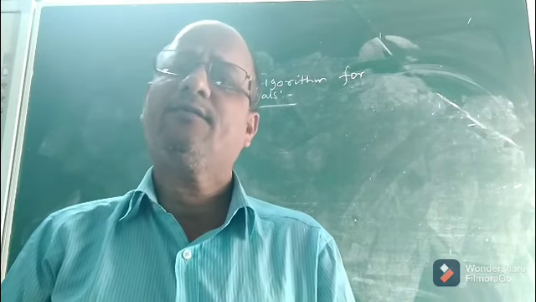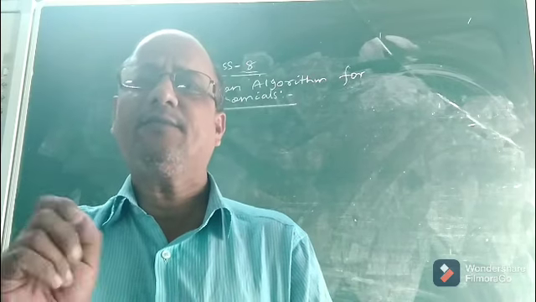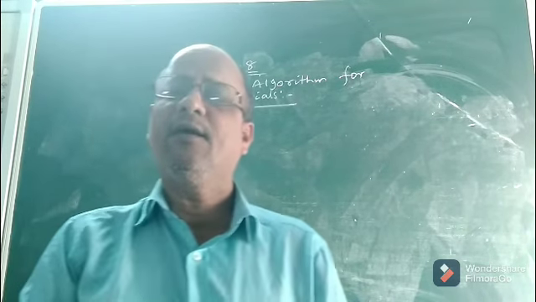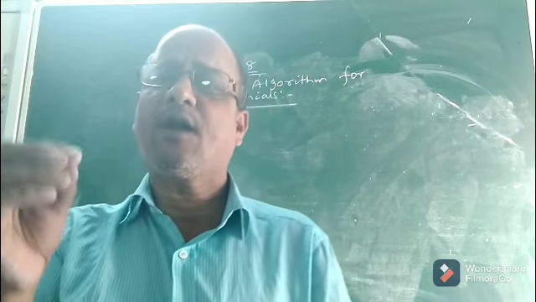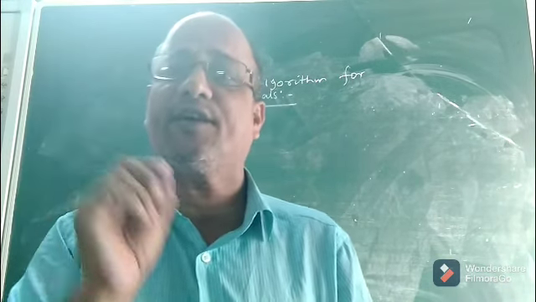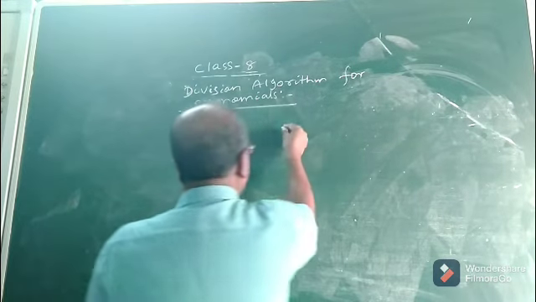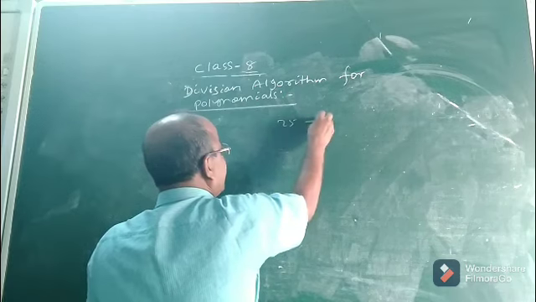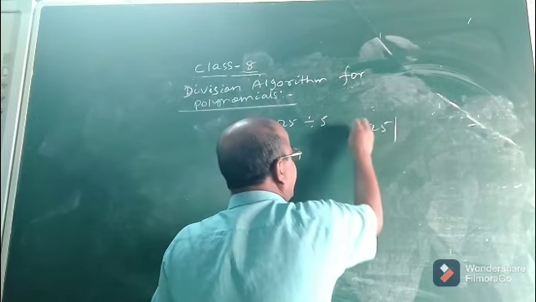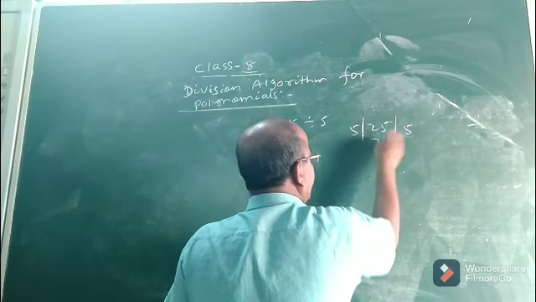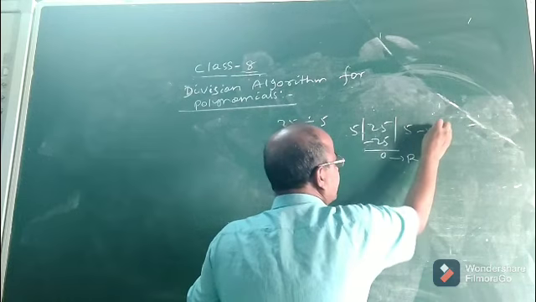So today let us discuss what the division algorithm for polynomials is. Children, what is the meaning of division algorithm? It is very simple. From class 3 onwards we have been reading division, how to divide numbers and how to check the division. If I ask you to divide 25 by 5, you can easily do it by long division. 25 by 5, the quotient is 5 and the remainder is 0.